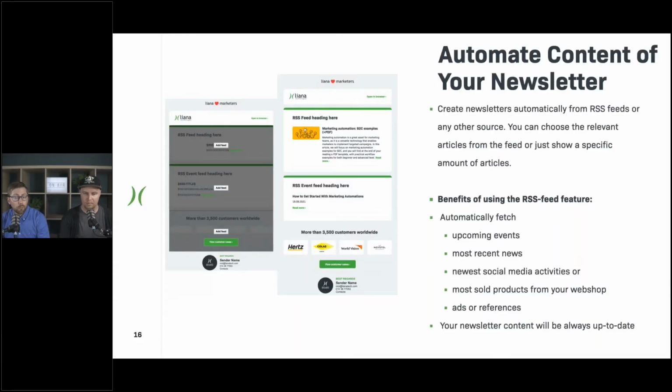And when we are sending these newsletters, we can also automate content and make it take a little less time to do these newsletters. Definitely. For example, if we make an automation thanking the subscriber for ordering the newsletter last year, the content would of course be based on last year. And as a company, we would always like to provide the freshest and newest ideas and products in that newsletter. So with this kind of content automation, utilizing an RSS element in our tool,